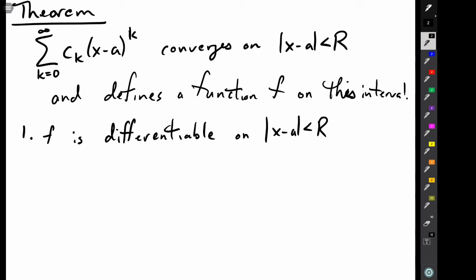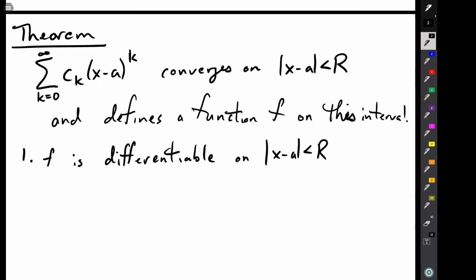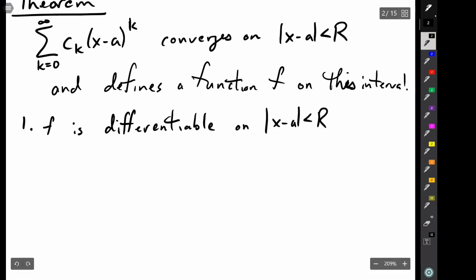That power series is just a glorified polynomial. That's the really impressive part of writing a function down as a power series, is that we're essentially representing a function by an infinitely large or infinitely long polynomial. Sometimes finite, but usually infinite. So it's differentiable here, and